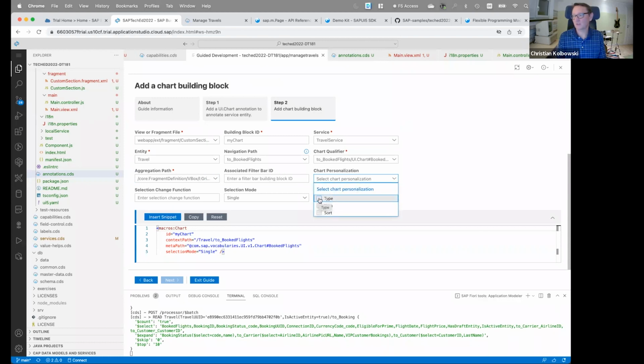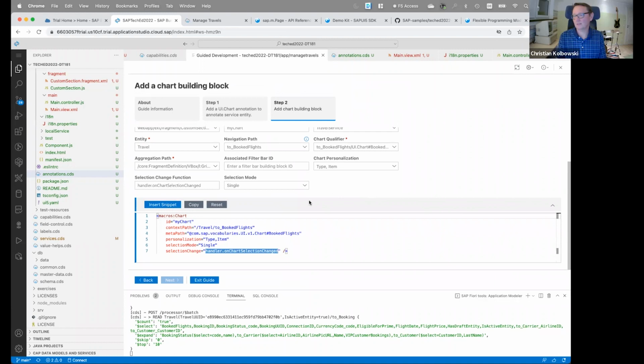Let's add some chart personalization options, type in item, which allows you configuring the chart a bit. Then we have this selection change function, as we want to have a click handler to be added on the chart. I'm defining that one here. And selection mode, we stick to a single. Let's quickly check the snippet. So we see here the context path and the meta path that points to the chart annotation and the other properties for our macro chart. I'm inserting this